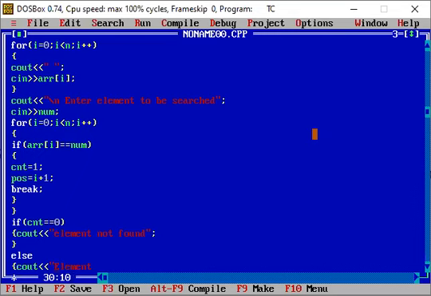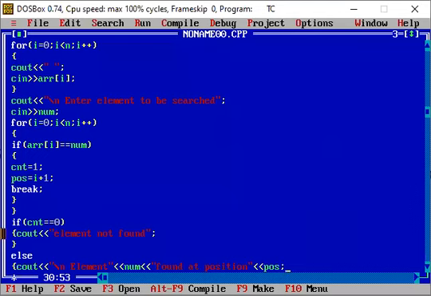So I just use this \n. So I can write like this, element. Which element we need to find? That is the num. This is my element. So I can tell my position also. How can I express this? I can write like "found at position". So this is my value of position. Where will I get this value? This is from this part, that is position equal to i plus 1.